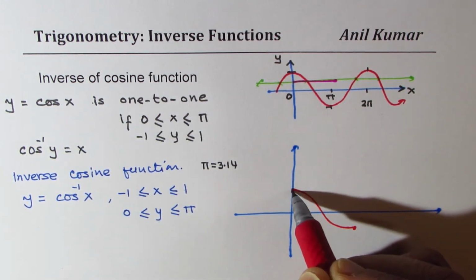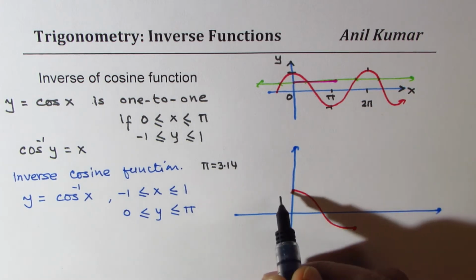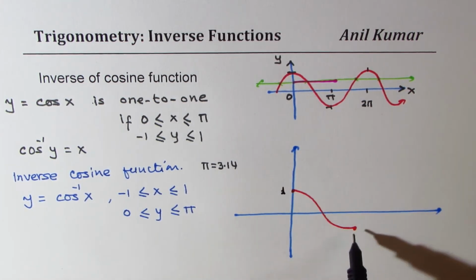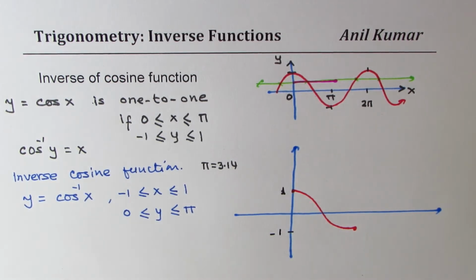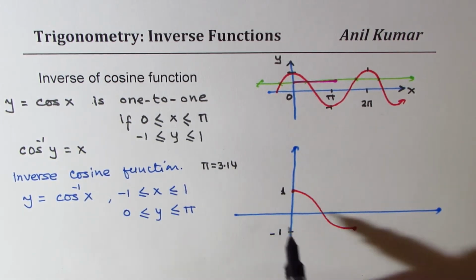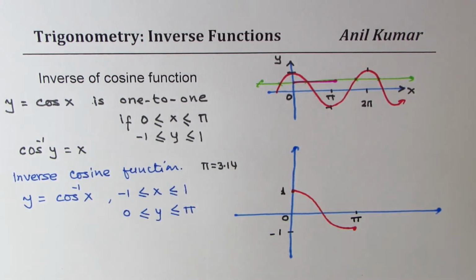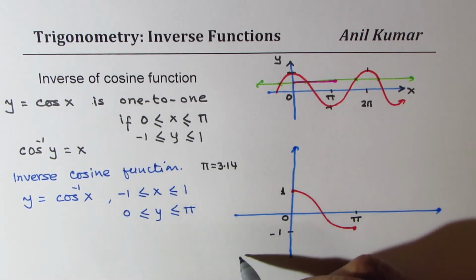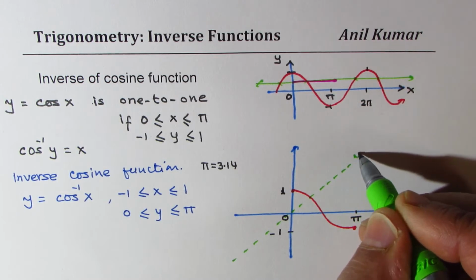Okay, so that is the cosine function, correct, where these values are 1 and this is -1? So that is the cosine function from 0 to pi. Now to get the inverse of this function, what we could do is reflect it on the line y equals x,